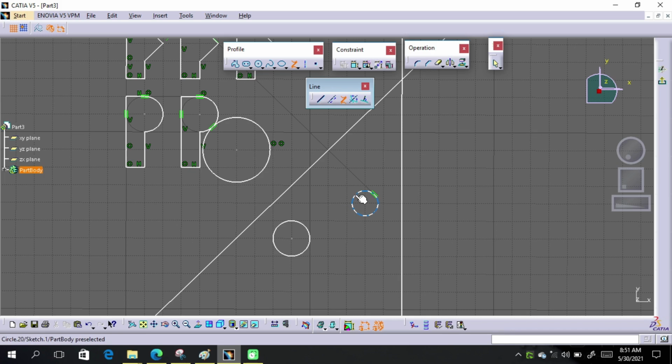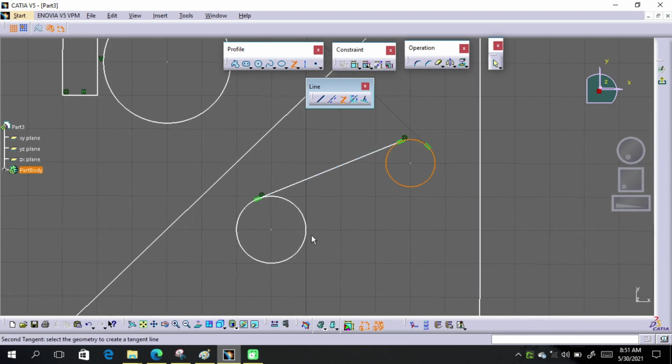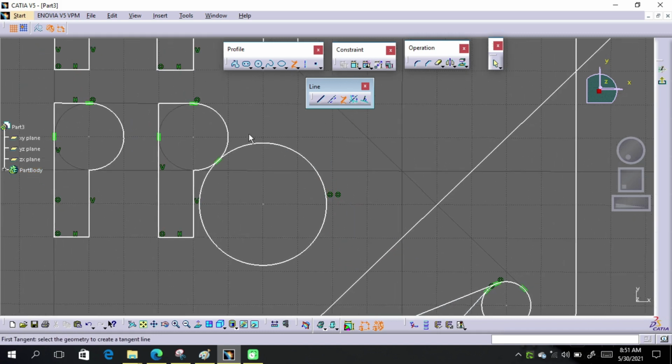So if you select one circle and another circle, a tangent line will be created. And in the opposite direction, then the opposite tangent line is created. Similarly, if you select this arc and this circle, then tangent will be created. So this tool is very easy to create tangent line.